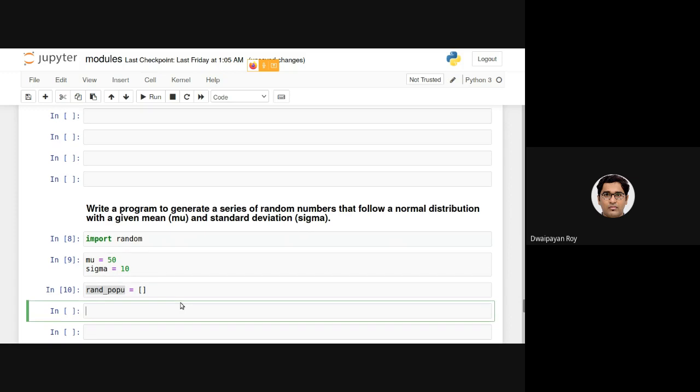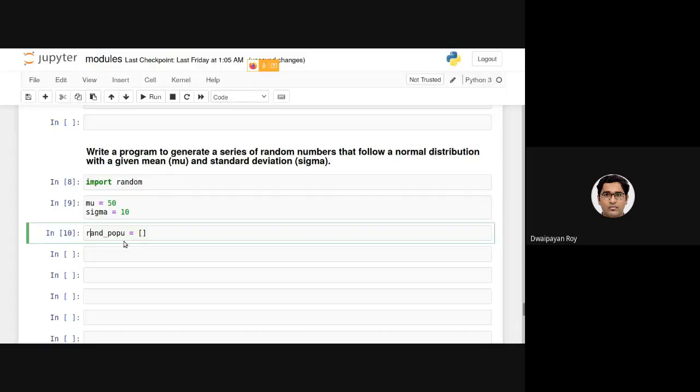We need to populate this list using numbers from a normal distribution with mu or mean 50 and sigma or standard deviation 10.